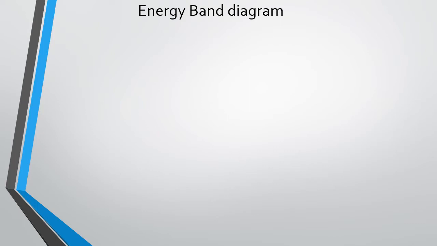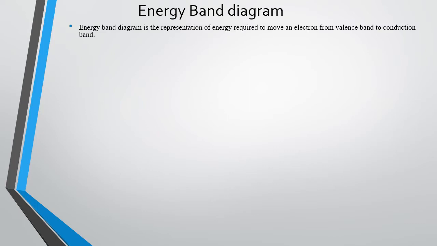We all know that in a molecule there are lots of atoms. In each atom, the last outer shell has certain electrons which are known as your valence electrons. These electrons have highest energy and they can move to the neighboring atom to form a bond. So the energy required for these electrons in the valence shell to move out and form a bond with another atom is known as your valence electron energy.